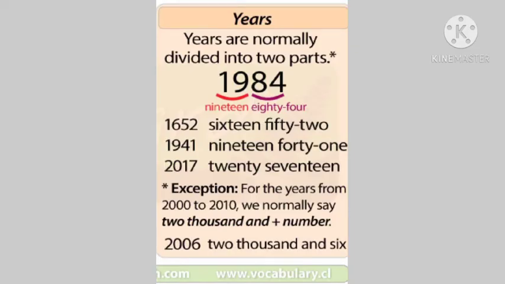Let's move on to reading the year. To read the year, you have to divide the numbers into two parts. For example, 1984, 1652, 2017. Exception: for the years 2000 until 2010, usually people say 2000 plus the number. For example, 2007, 2006,